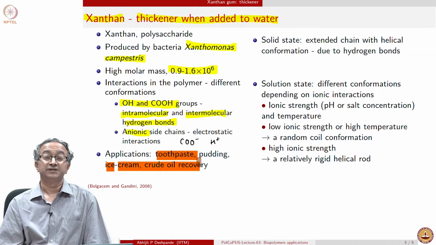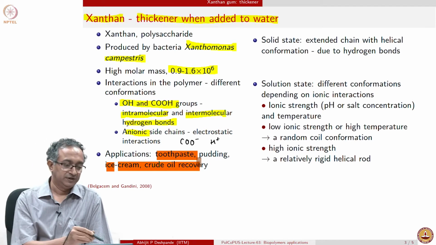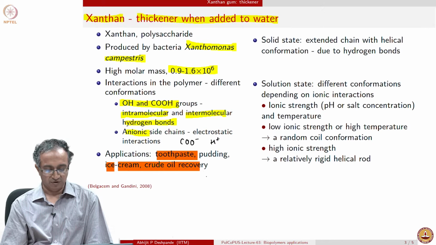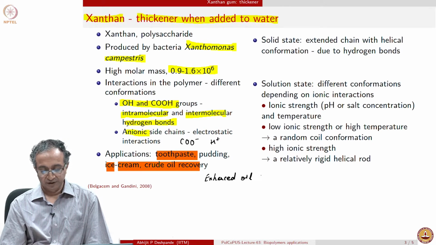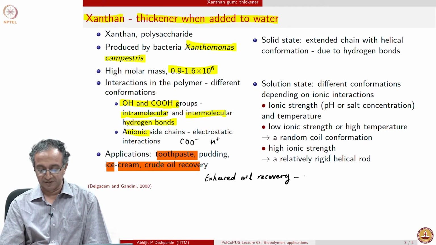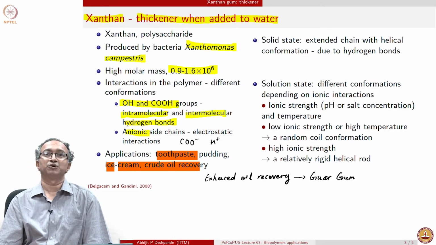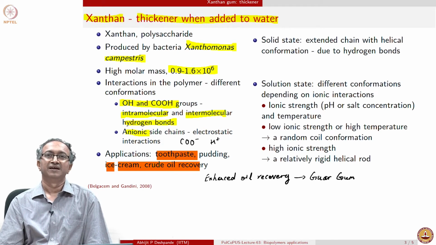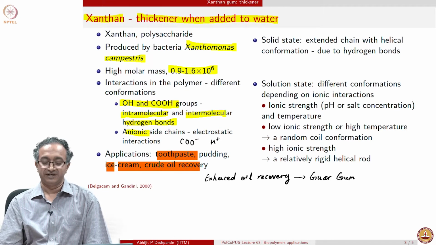and very important in crude oil recovery. We have a phrase called enhanced oil recovery. If you are interested, you can read more about it. In fact, many of the gums are used in enhanced oil recovery. Another important example of a gum which is very common, which is a biopolymer, is guar gum. Just try searching about guar gum and where it originates from, and who is the largest producer and supplier of guar gum, and you will be surprised that it is a vegetable which we are quite familiar with in